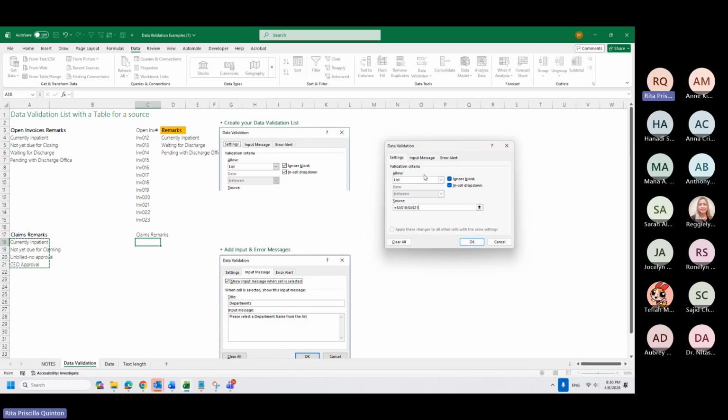Data validation. So also, we can put an input message if you entered something wrong. For example, you entered CIP, but it's not on the list. So I can tell the user that wrong entry. Please select from the list.